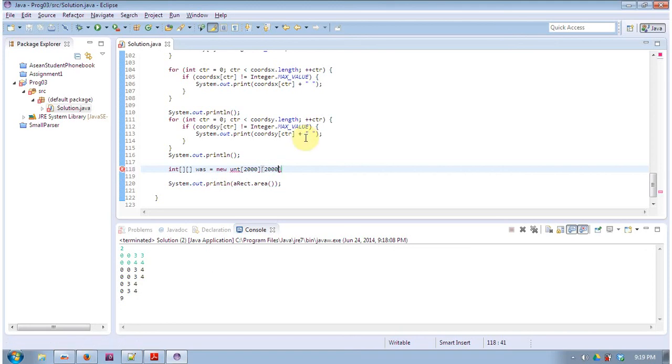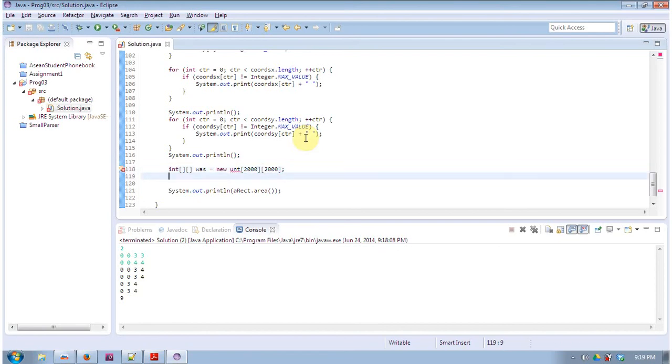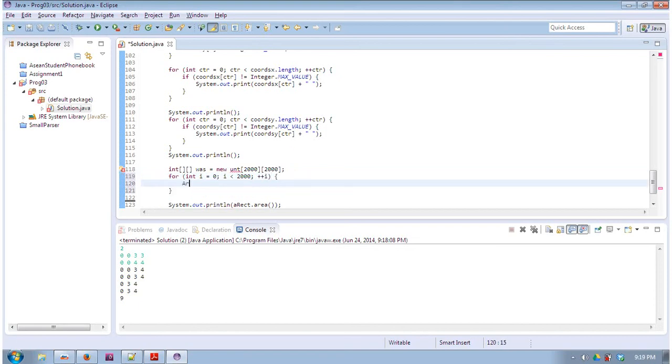Essentially, we have a two-dimensional array of 4 million elements. Okay, but it's enough to solve the problem. So int